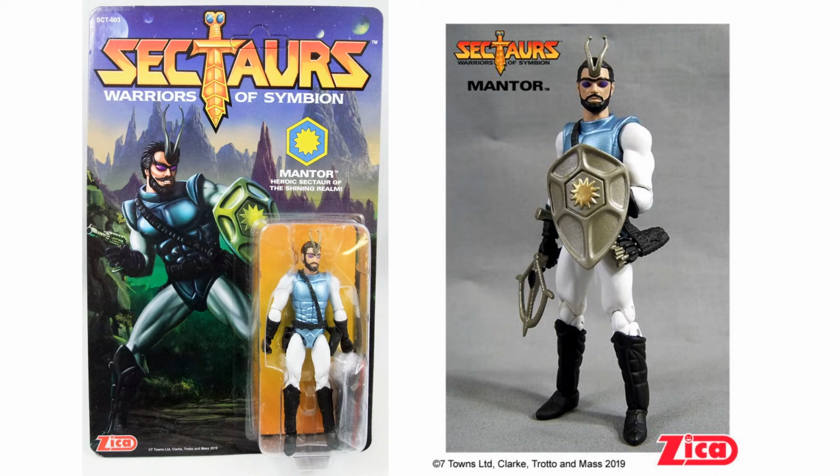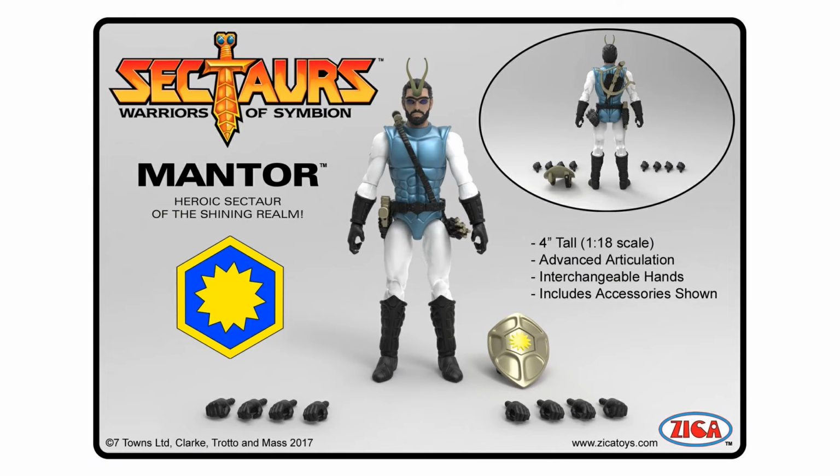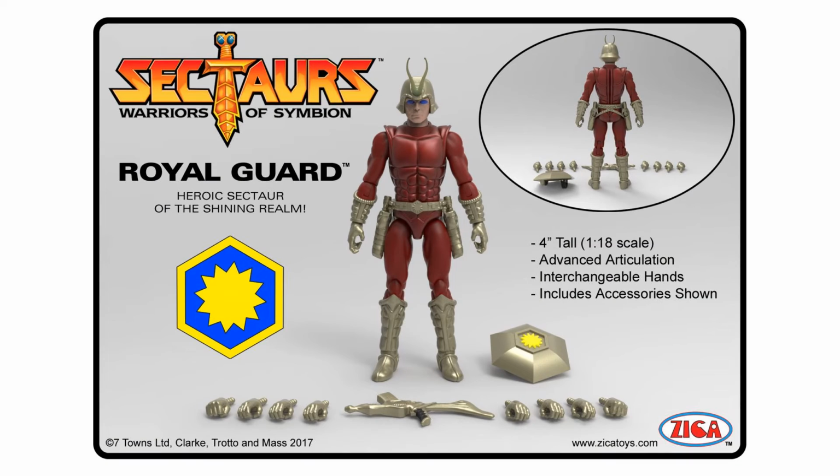Here you have Mantor. From the Shining Realm, he's one of the heroic Sectars. Has a crossbow there. A quiver of arrows down his side, and you see all his hands as well. And there you see the figure from the back, where you can store his crossbow. That's cool. Royal Guard in the red costume this time. All his accessories. And from the back,